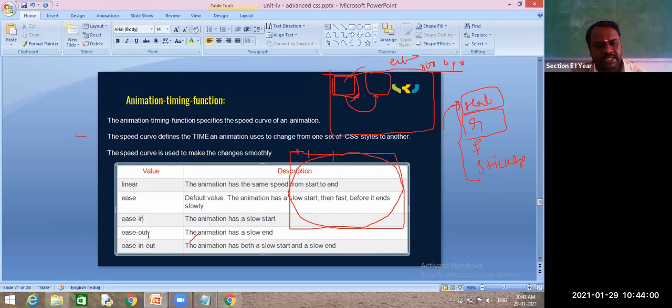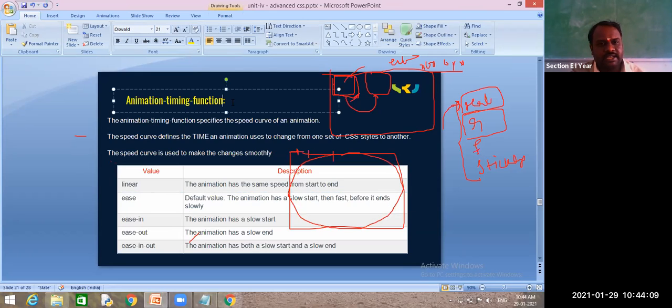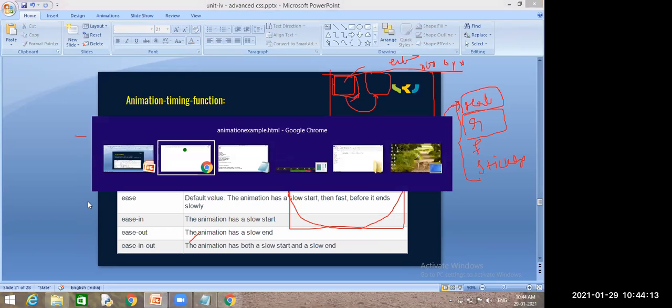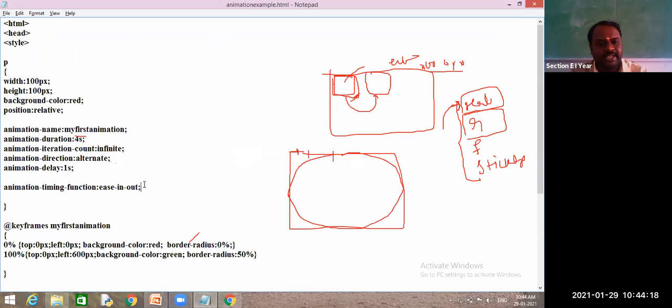And if you want to get both of these, just make it ease in out, or no need to write anything, the default value. So did you understand the timing function? Yes, sir. In most cases, which one do you recommend? Linear I recommend, because from begin to end it applies the same rule.